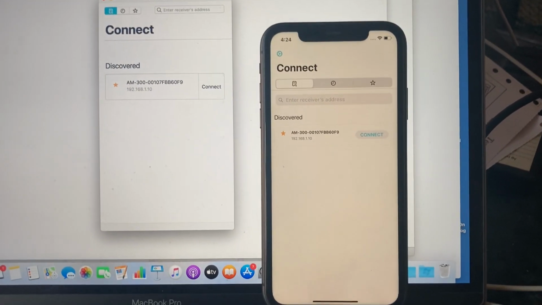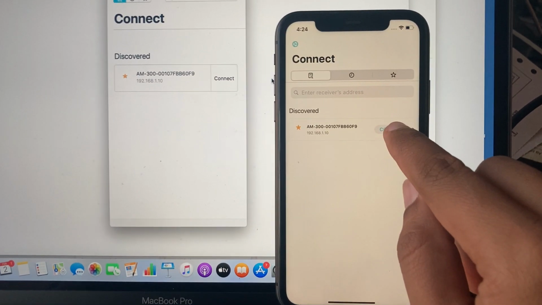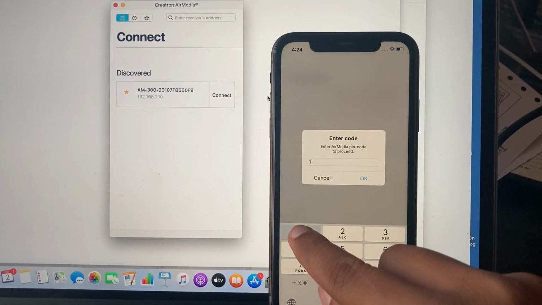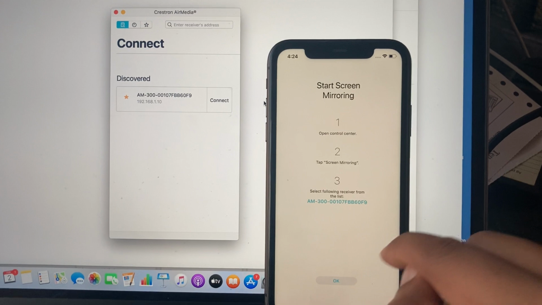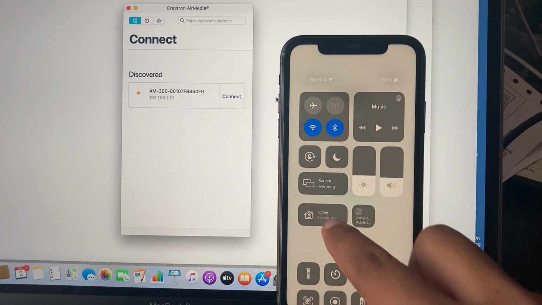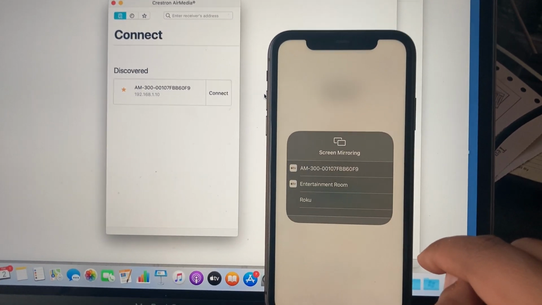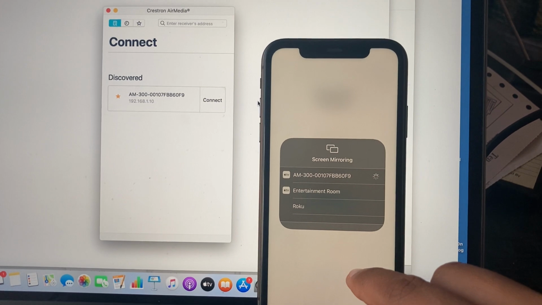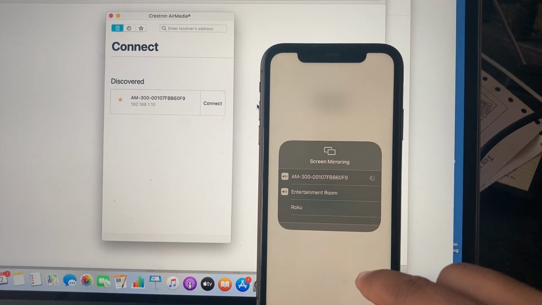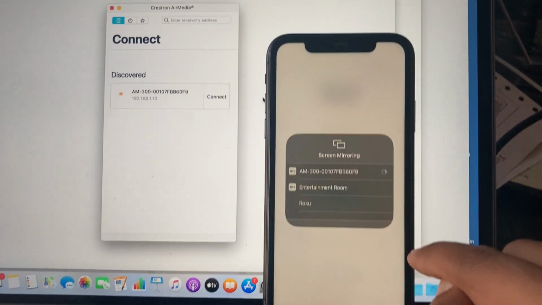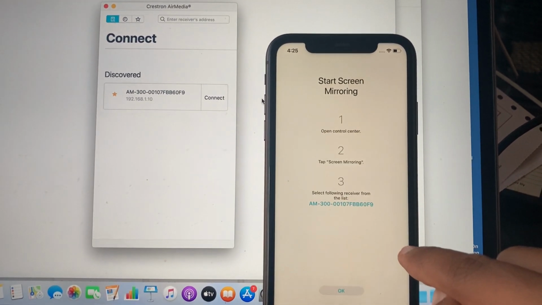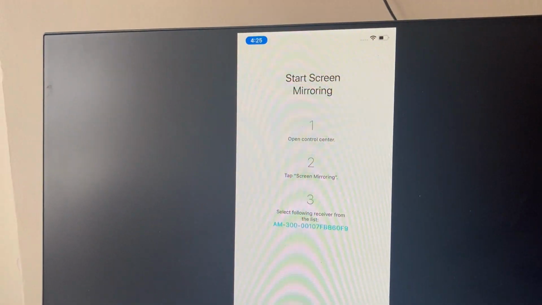the iOS Sender app. So here we can see the iOS Sender app has discovered the AM300 device. So we'll just enter the passcode. So here again we'll see the instructions on how to connect through AirPlay. So here we can see the presentation from iOS has already started,